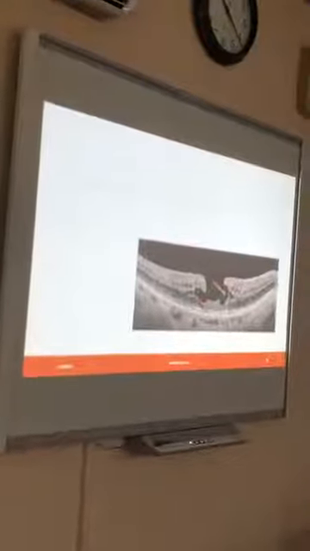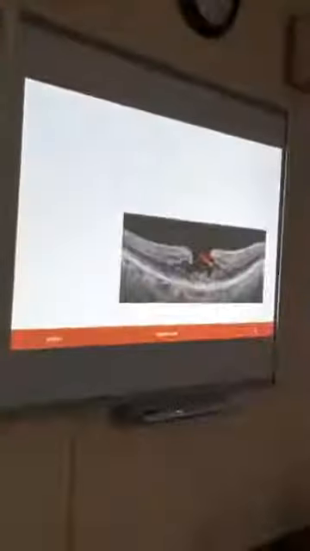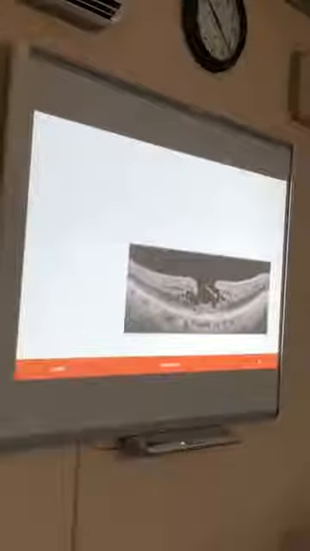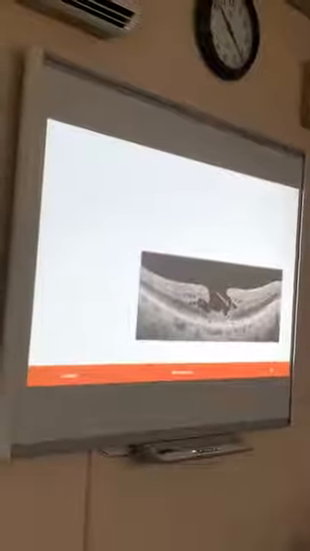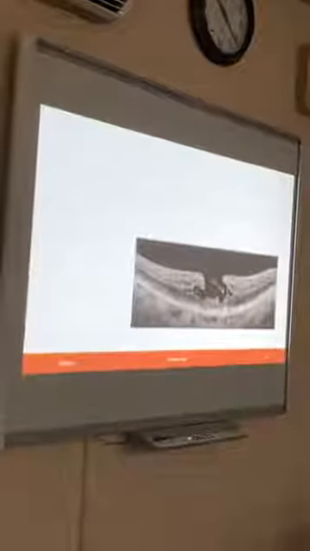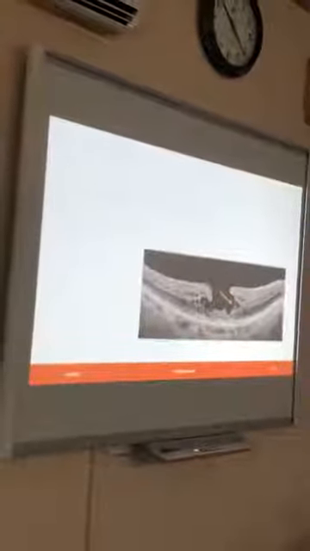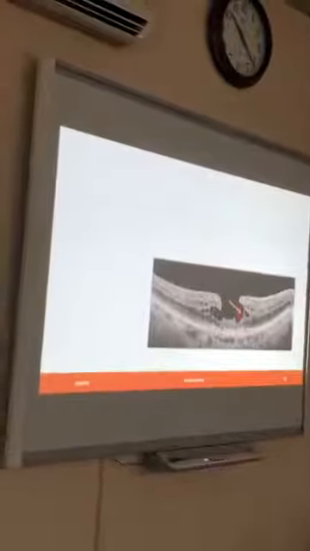Is that a macular hole? No? Yes? So this is a macular hole, but this is not a real macular hole. This is a lamellar macular hole. You can see the lamellar macular hole is different from the partial thickness macular hole. So this should be kept in mind, and this can occur with or without an epiretinal membrane. You can see the clefts,